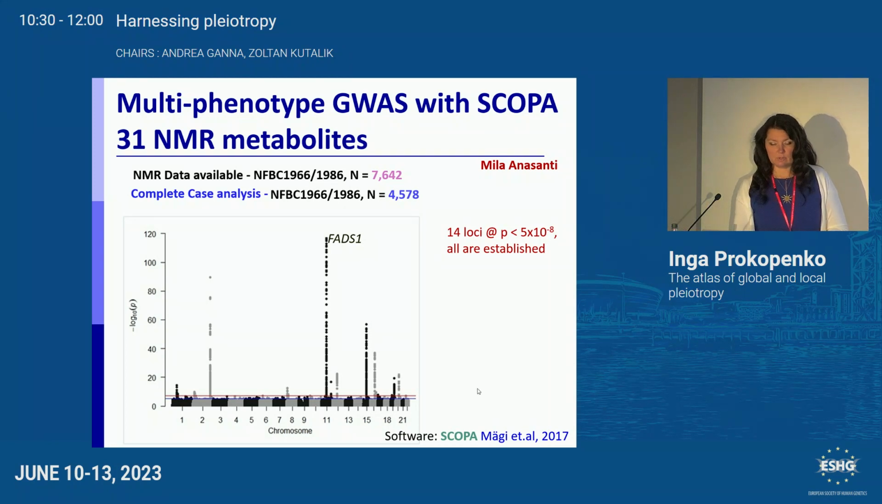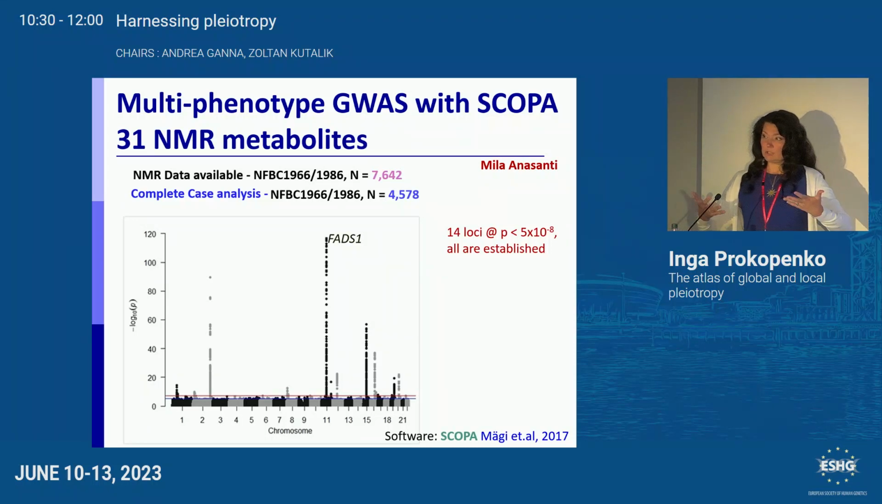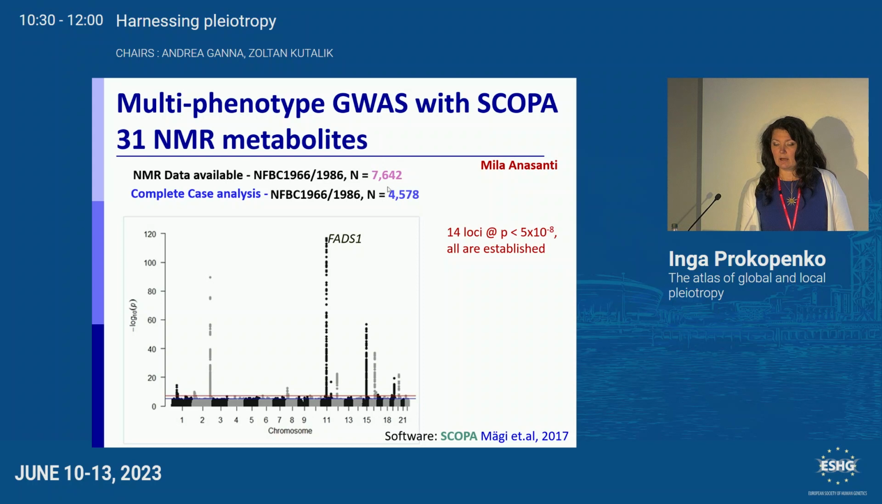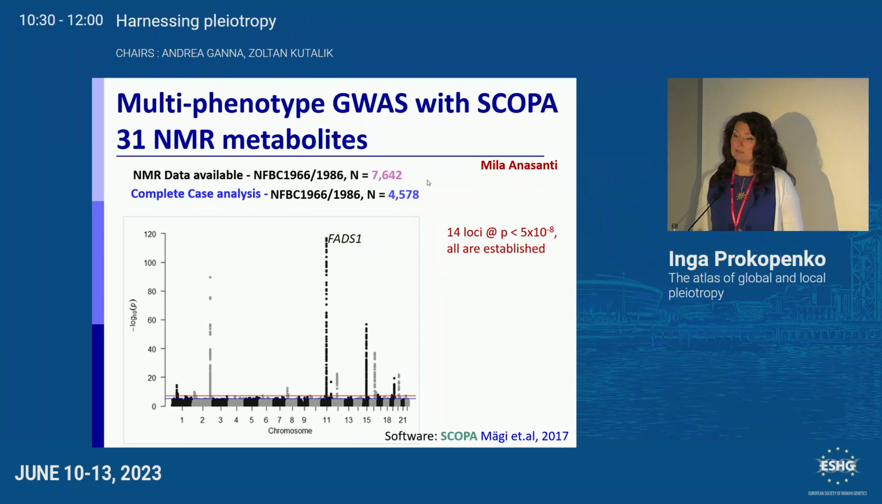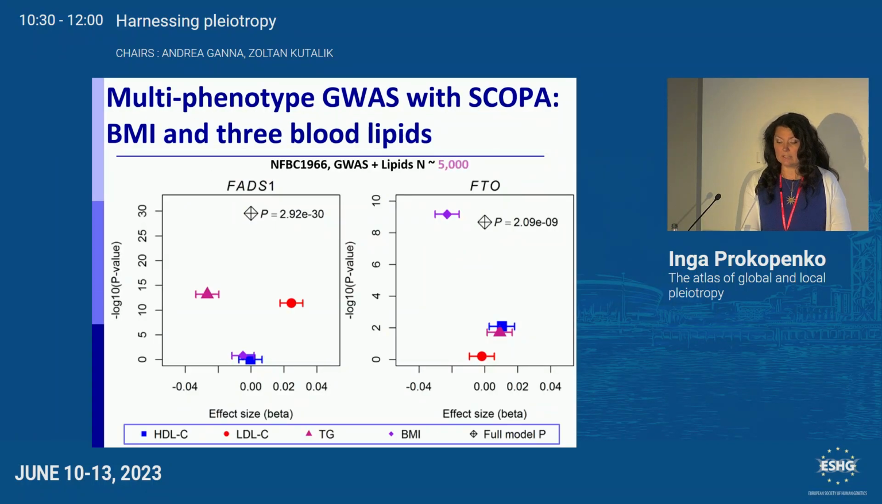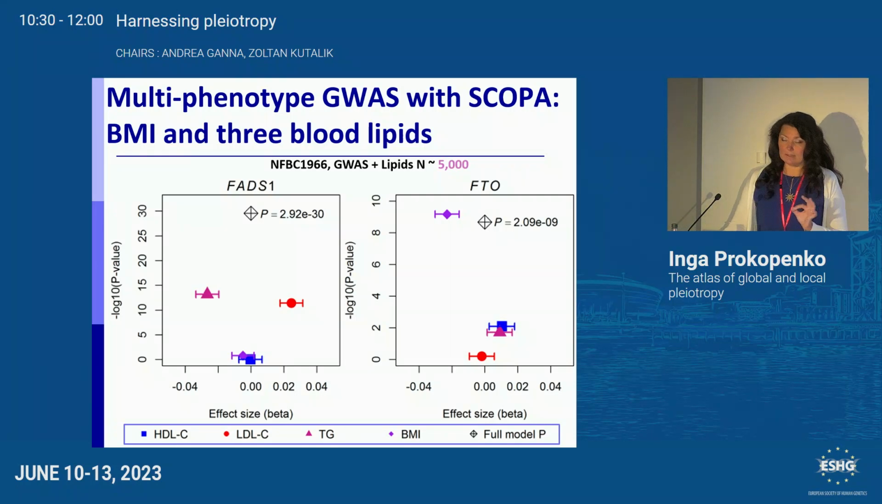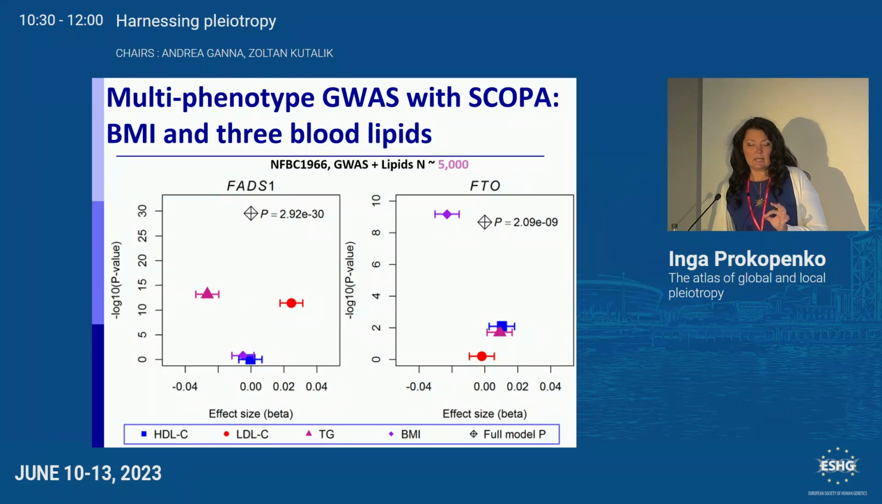So if I use complete case analysis, I only have 4,000 people. If I'm able to impute using the correlation structure, then suddenly I have a much larger data set and power goes up. So here you can see the associations, and this is a full model analysis, so pretty much 31 NMR metabolites. But if we go into the detail, here I left only standard blood lipids. It's another example for the FADS